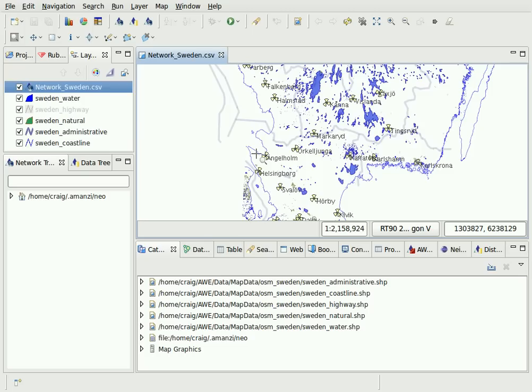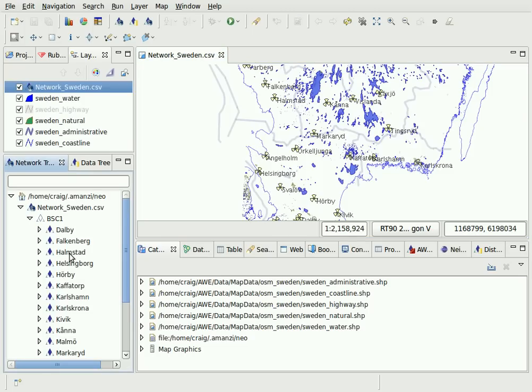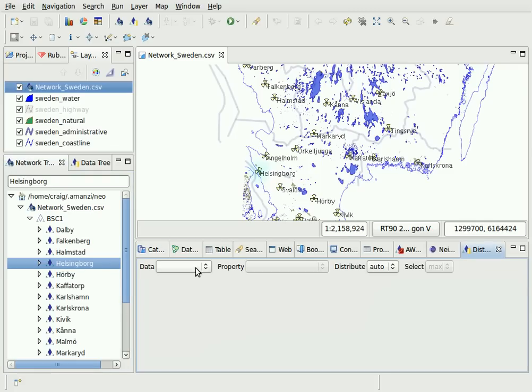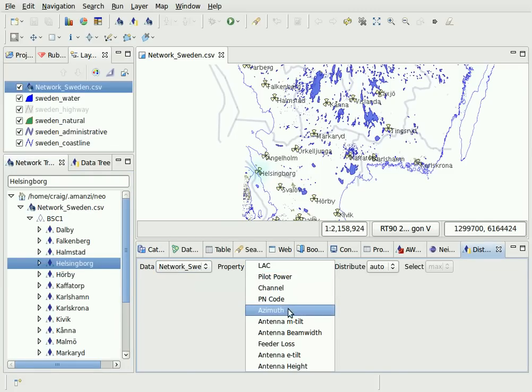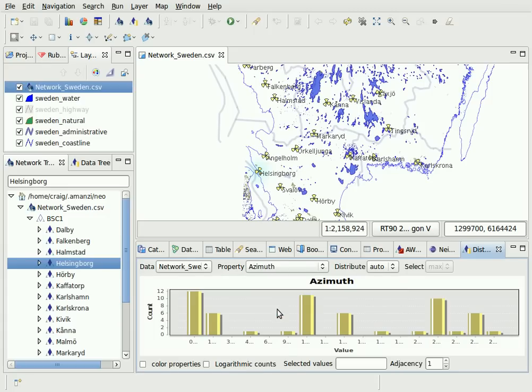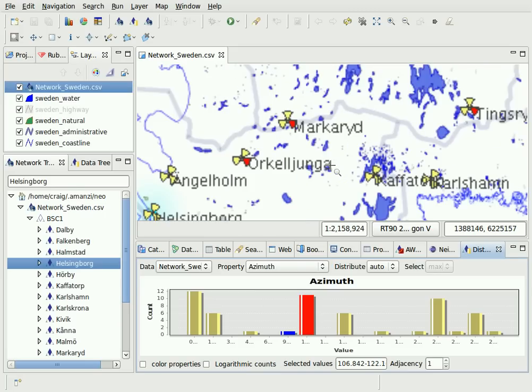So there is the map we had before with the same network loaded as before. If we go to distribution analysis, choose the network, I'm going to choose the azimuth property I showed you before, because it's very easy to understand and you can see the clear pattern of peaks here around 0, 120 and 240 degrees. If you click on one of these, you'll see, as expected, all the antennas pointing to the bottom